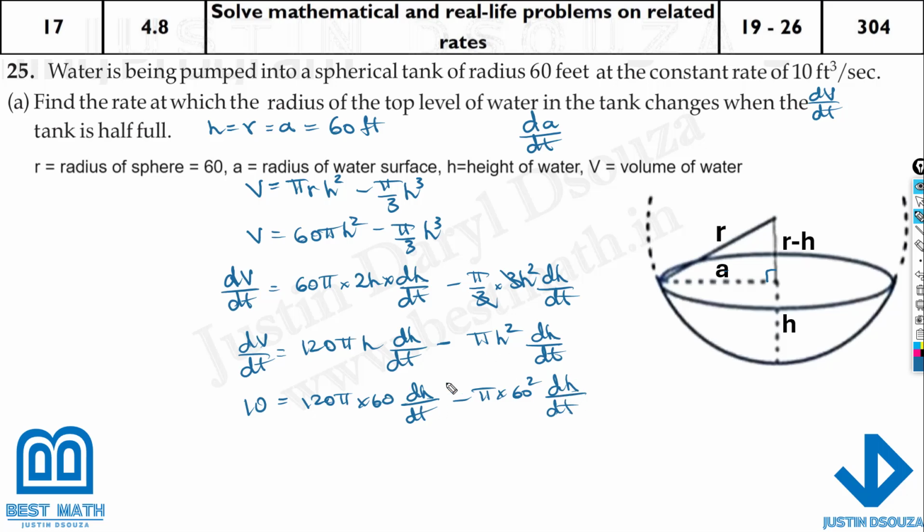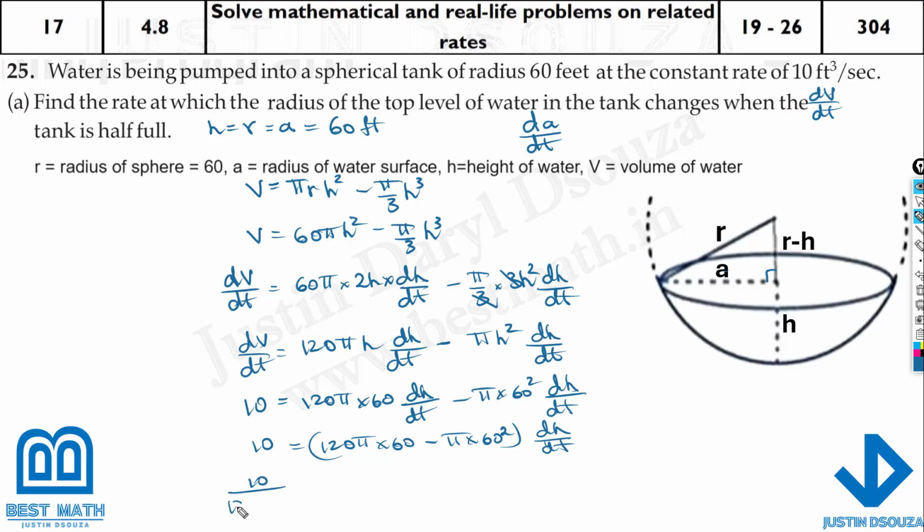I'm just going to take dh by dt, both of this common outside, and whatever is there, we can take it to the denominator. So it's 120 pi times 60 minus pi times 60 squared. Why? Because I've removed these two common outside. You can take it left side or right side, it's the same, dh by dt. Now this entire thing goes down here,